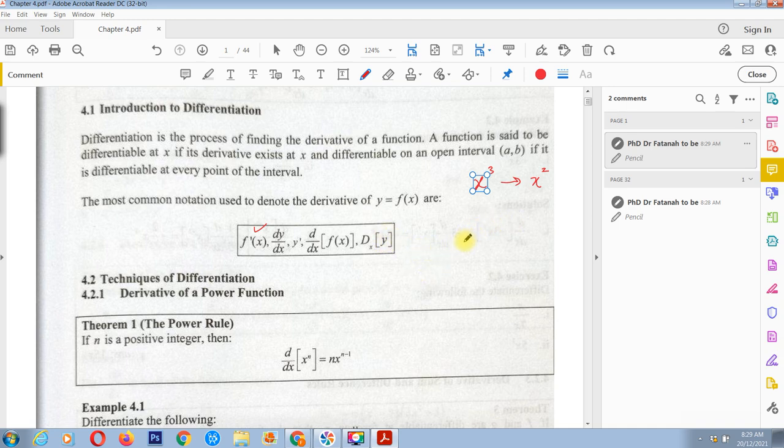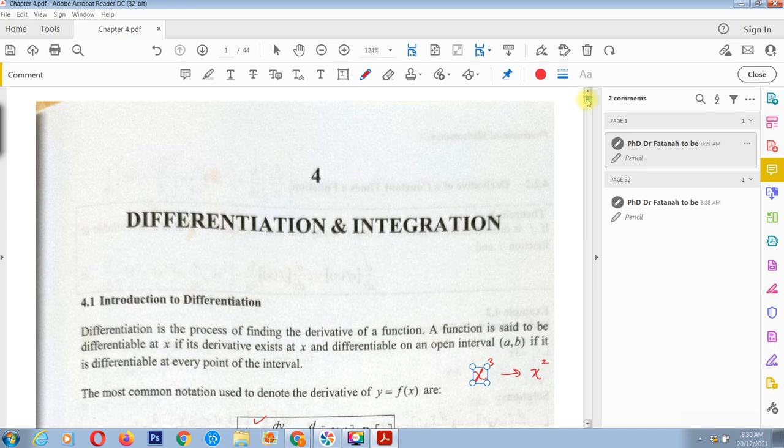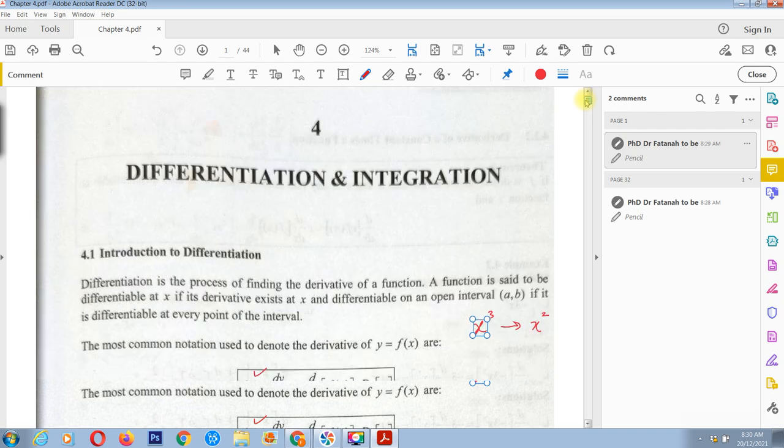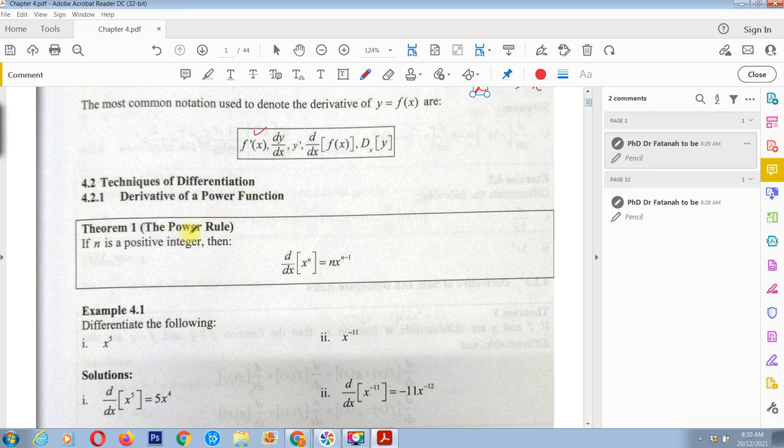So as usual, we have a few things we need to know, but you need to know we only have addition, subtraction, multiplication, and division. That is the operation for the mathematics. So only 4. But we need to know the power rules. So what is the power rules? The power rules is